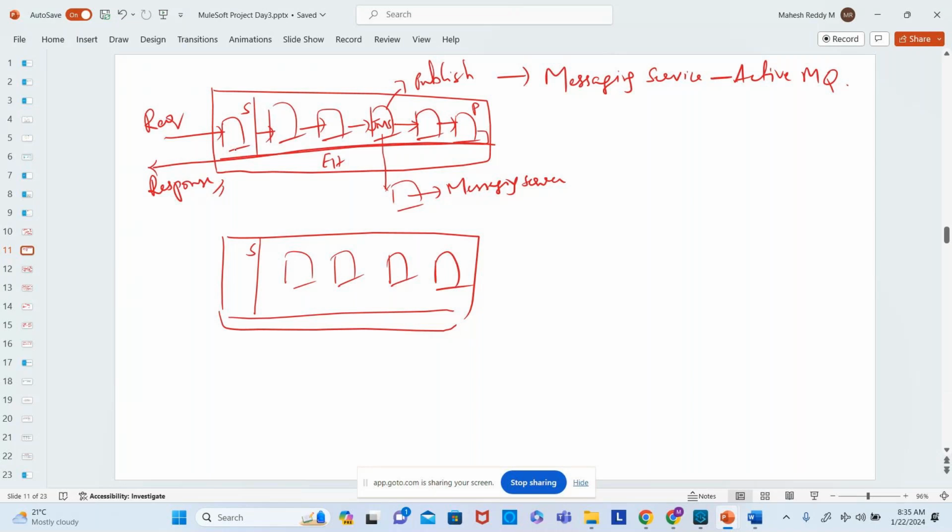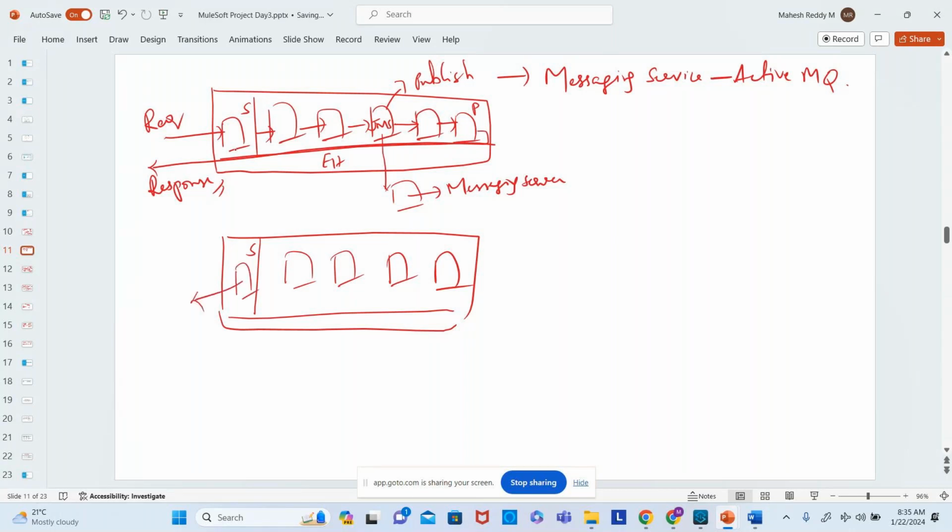Okay. Now, what will happen? You fire the request to the queue. You publish the message to the queue. What will happen? It will be in the queue, right? But see, if it is some other system consuming that particular message, that is fine. But the requirement is our service itself again has to consume that particular message. What should we do? Again, we'll have another flow where